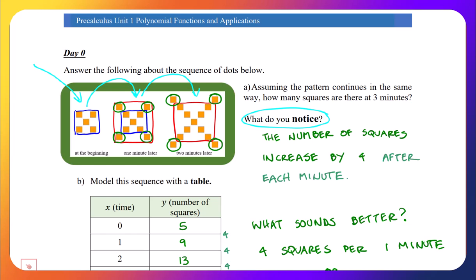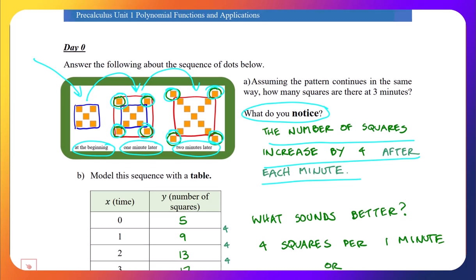And each time we add 4 squares. And we see that we have the beginning, 1 minute later, 2 minutes later. So one thing you could have said is the number of squares increase by 4 after each minute. So if we take a look at this table,